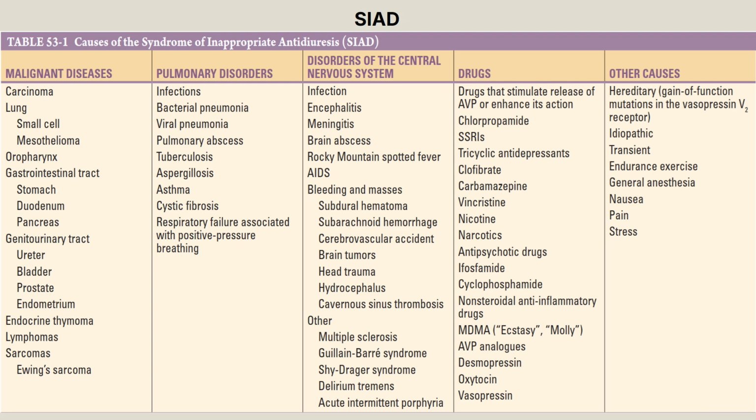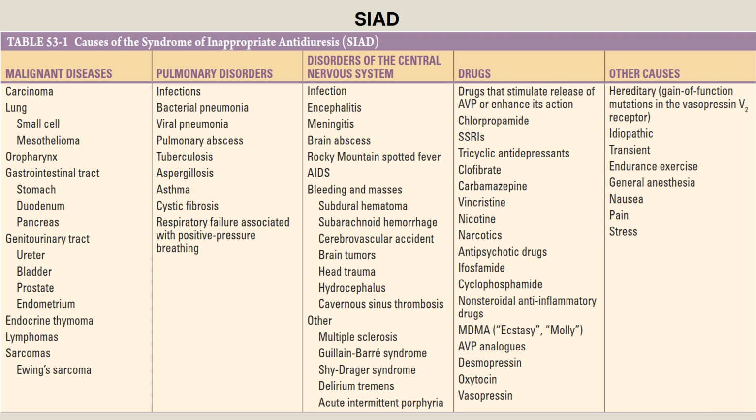Some causes of the syndrome of inappropriate antidiuresis. We start with the malignant diseases: carcinoma such as lung, small cell or mesothelioma, oropharynx cancer, gastrointestinal tract including stomach, duodenum, and pancreas cancers, genitourinary such as ureter, bladder, prostate, and endometrium, endocrine such as thymoma, lymphomas, and sarcomas including Ewing sarcoma. Pulmonary disorders such as infections, bacterial pneumonia, viral pneumonia, pulmonary abscess, tuberculosis, aspergillosis, asthma, cystic fibrosis, and respiratory failure associated